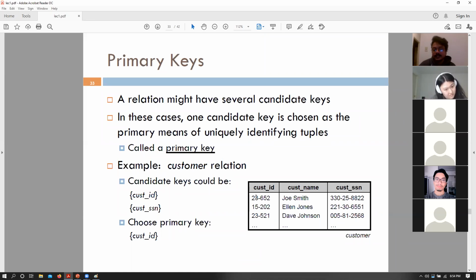Now, in this scenario, as I said, either customer ID can be a candidate key or a primary key, or customer social security number can be a primary key. However, and this is something we will talk about later down the class, we will choose customer ID to be our primary key instead of customer social security number. There are certain